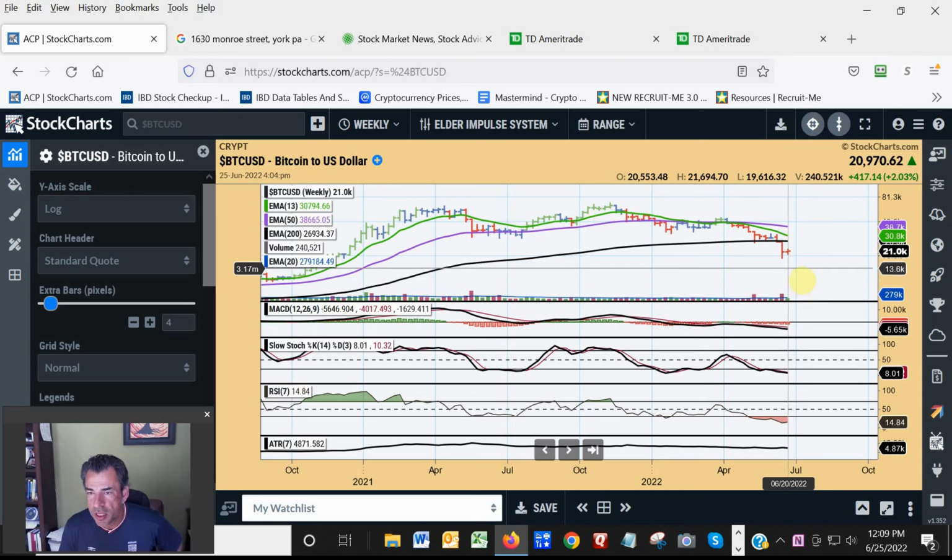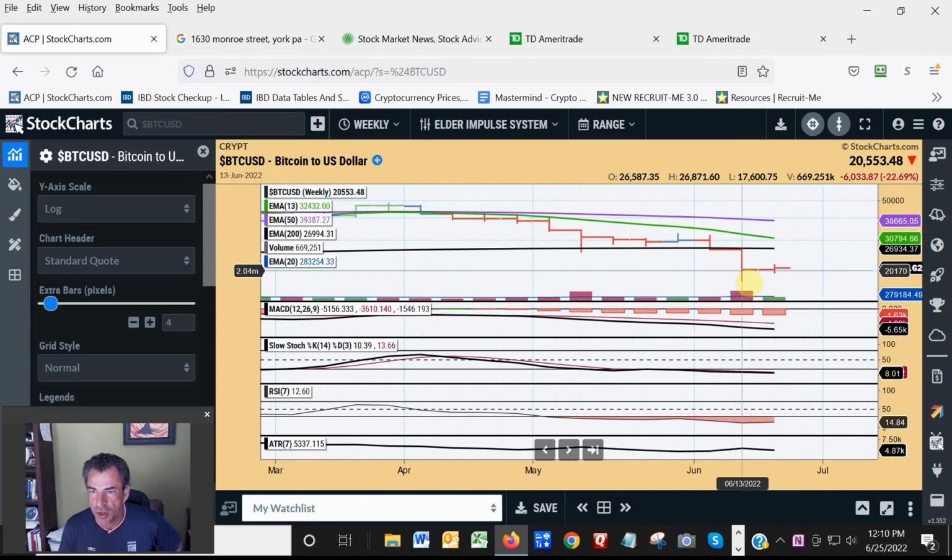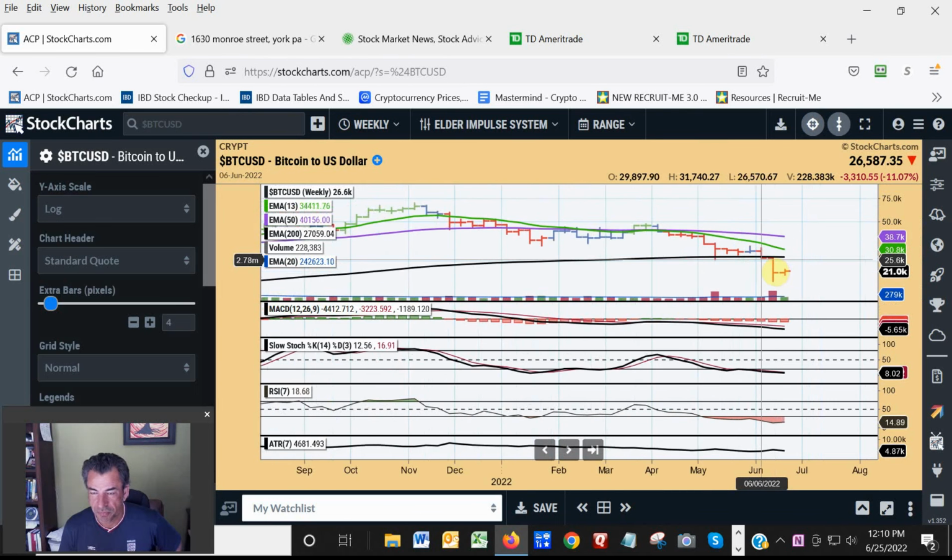I was hoping that this week, this vertical line, would more closely match this one. See, this one had a high of 26 down to a low of 17. This one only had a high of 21 and a low of 19. This is not what we were looking for. So,